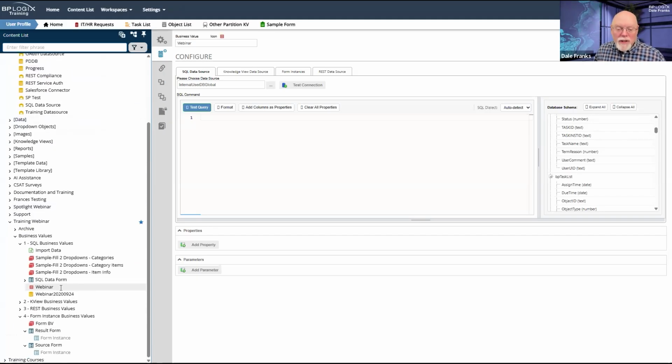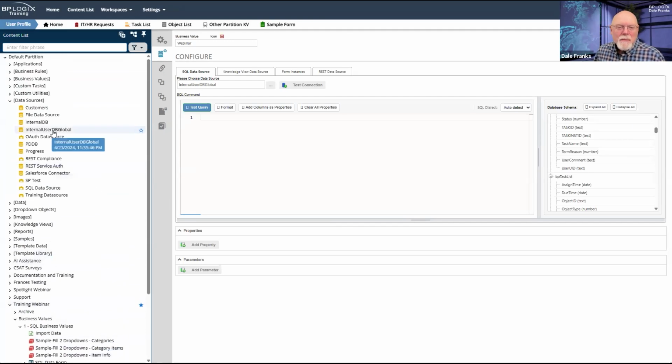And the only reason that I restrict it here in my webinar data source is simply to make my life easier when I configure it so that I only see the two tables that are part of the webinar. So that just makes my life a little easier.